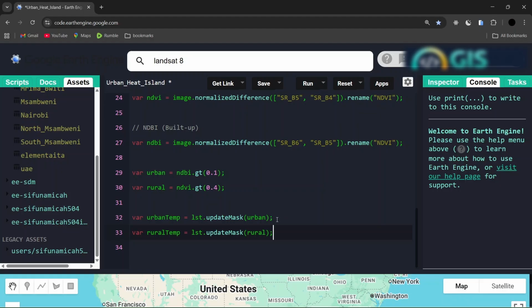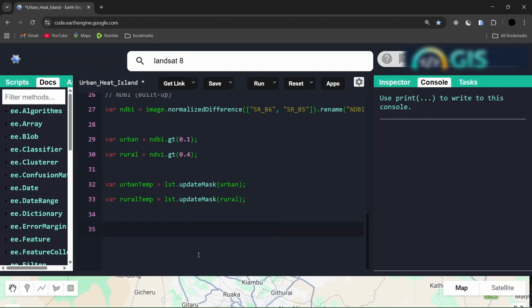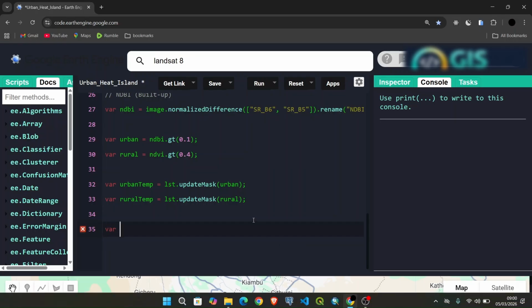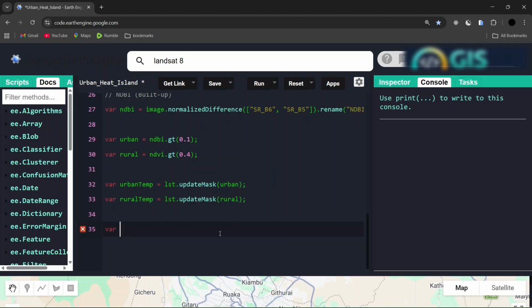We need to calculate the mean temperatures. After getting the mean temperatures, we shall use those mean temperatures to now get the urban heat island. Okay, so to get the mean temperatures for both urban and rural, we need now to calculate those. And to do that, you need to declare a variable here and say urban mean. So this is going to be urban mean. Urban mean is equal to the urban temperature that we have here. So copy that one, urban temperature, and say dot reduce region,